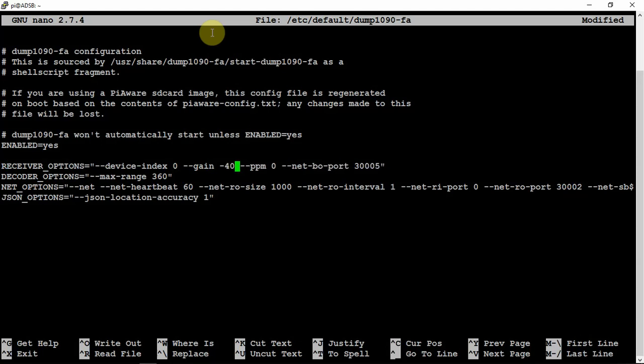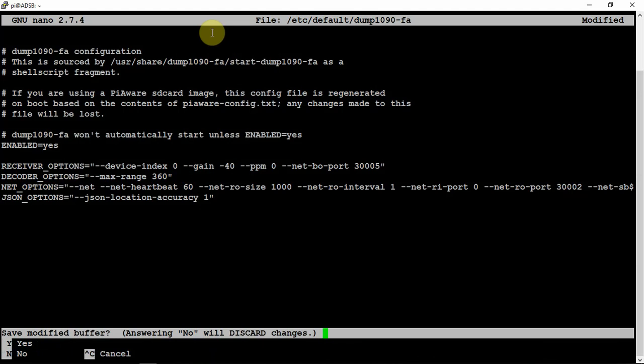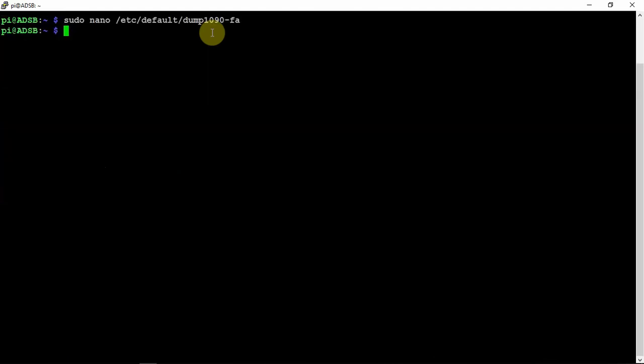Now, different areas are going to be different, so you're going to have to just trial and error. So once you have that changed to what you feel like, we can just do a Control X, Y, Enter, and that will save it there. So now we just need to run the following command to restart it,